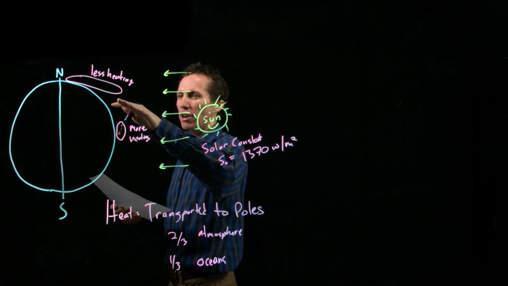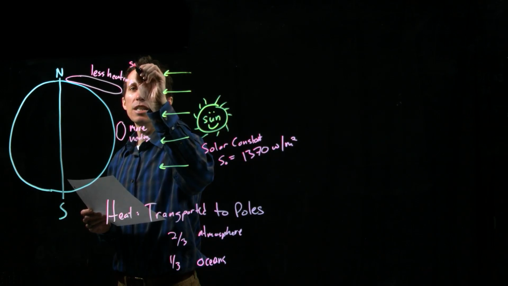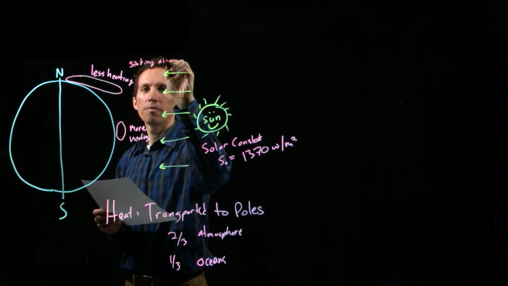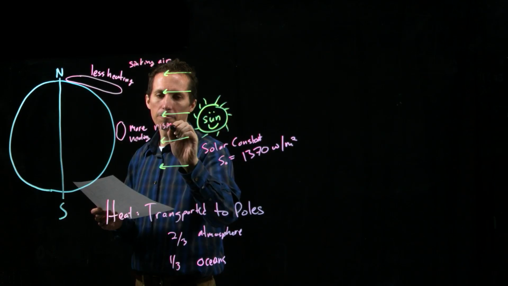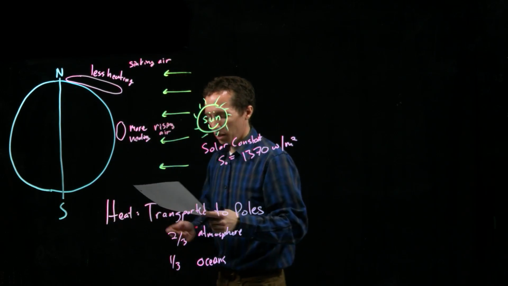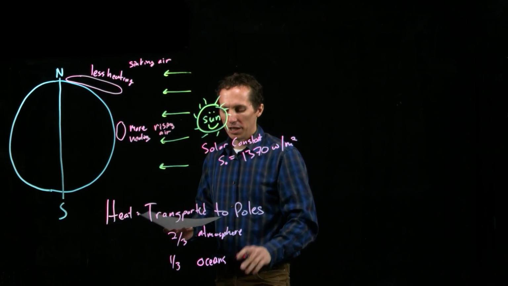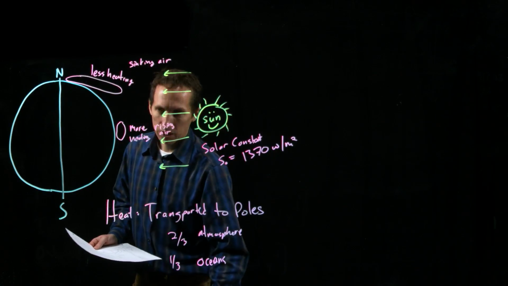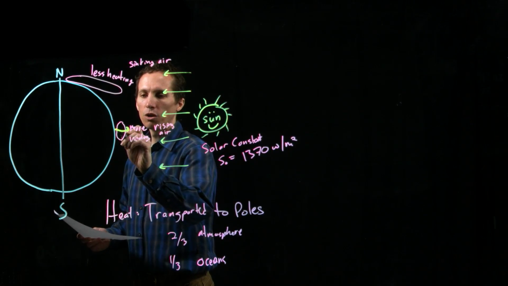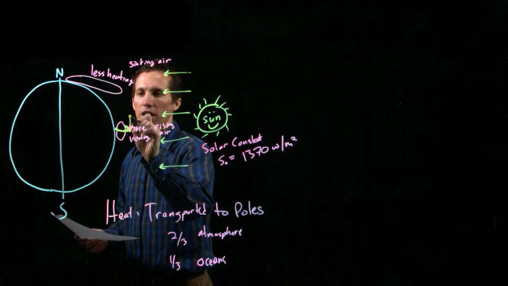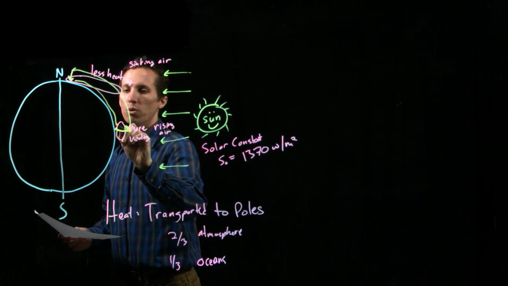And so this differential generates cooling and sinking air in the atmosphere, and essentially heating, expansion, and rising air that occurs near the equator. And in the absence of any rotation, that would lead to a circulation that looks something like this, where we've got rising air at the equator, and that air moving down and sinking at the poles, and then moving back